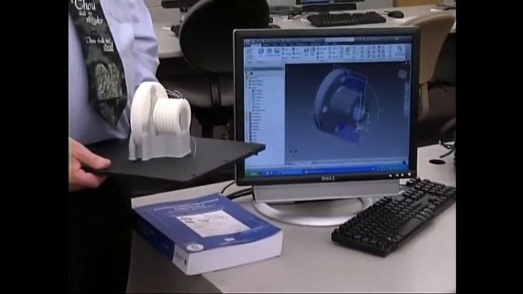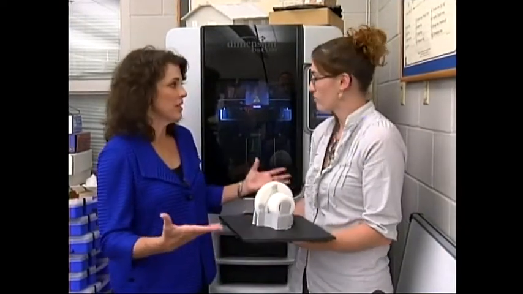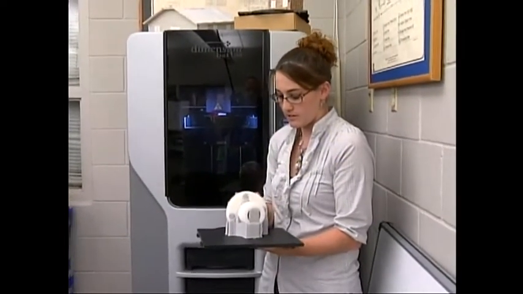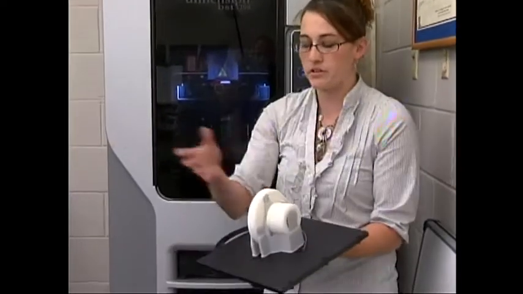Do you have some students here who will talk to us? Absolutely. There's several right behind us here. This is Lacey Hall, student here at Southeast, and she's going to tell us a little bit about this 3D dimensioning machine here. In this class, it's our CAD class, and we design these dimensions on a regular computer,